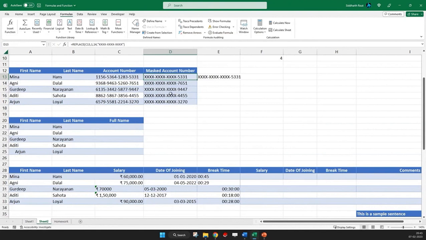Moving on to the next function. The next function we will cover is concatenate. I'm sure you must have heard about this function. You can use the concatenate function to join 2 or more text strings to make one string. From Excel 2016 onwards, concatenate function has been replaced with something which is called a concat function. You will also see the concatenate function, but that is there only for compatibility reasons with the earlier